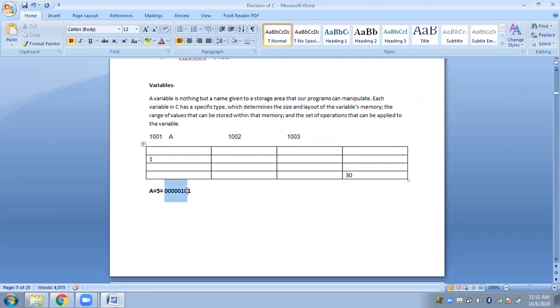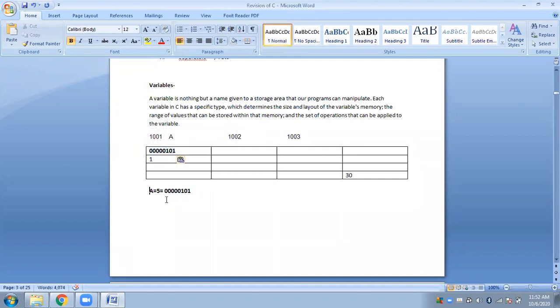This is 5 in binary, and this is the number that I am supposed to store here. I told you already that one memory cell can store a maximum of 1 byte of data, that means 8 bits. So here 5 is represented using 8 bits only, and I am storing 5 directly in the first memory location.